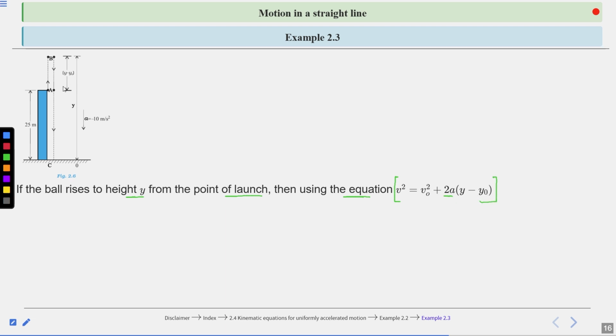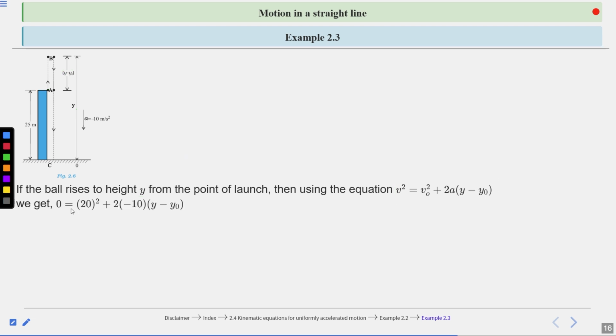So here, from the ground to the highest point, the height is y, and from the top of the building, the height is y naught. So y minus y naught, this one. So using the equation of motion,